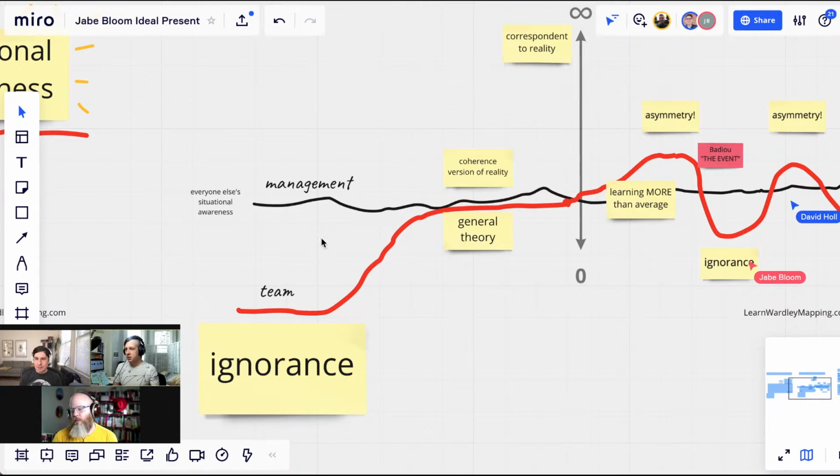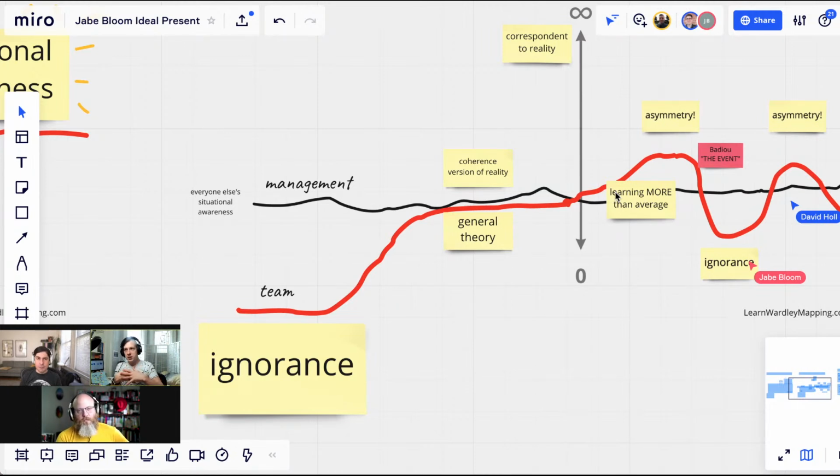which is, okay, when your team hits that general theory moment, and let's say in this example, it matches what management knows, and this is assuming that there is one dimension of knowledge, and it's either more or less. Let's say it's a number. Yep. Infinity is correspondent to reality, and 0.25 or whatever is where everybody's at right now. And so now you've also hit 0.24, and that's pretty close to 0.25, and so you've got coherence because it's close. And so then you point out these moments where along the way, eventually the learning exceeds the current status quo, the current equilibrium, turns into asymmetry,